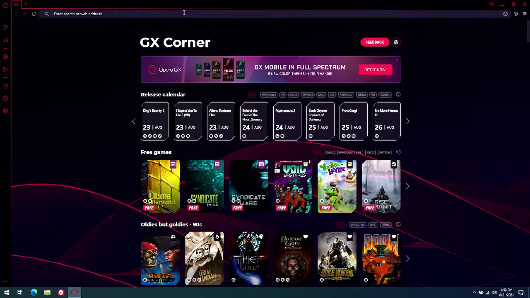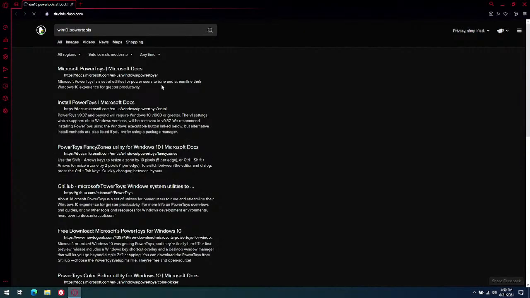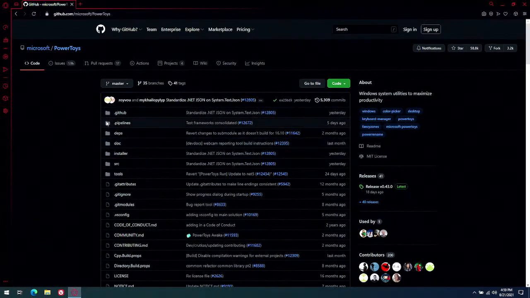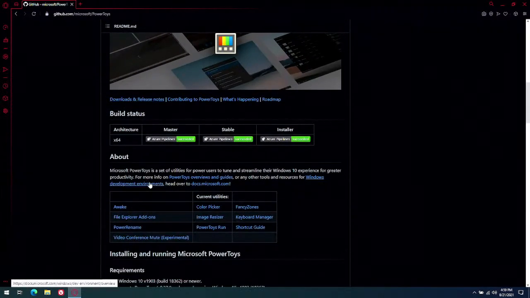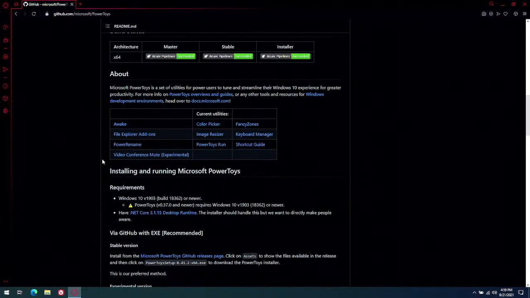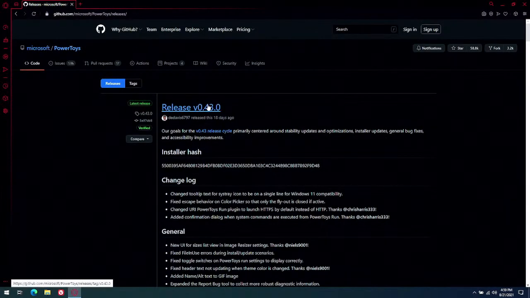We're now going to look up Win 10 Power Tools. And this should take us to a GitHub page. GitHub, Microsoft. Build status. Okay, install from the release pages. We're on release